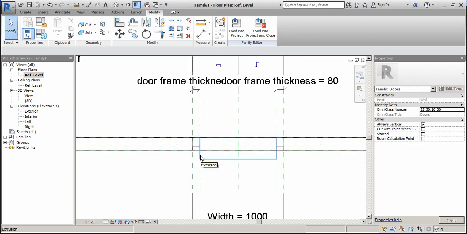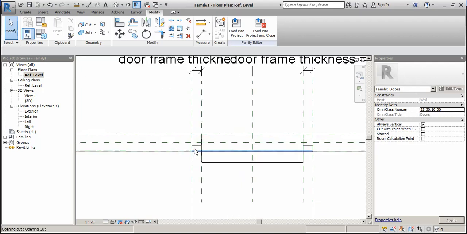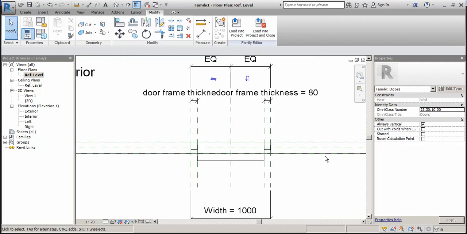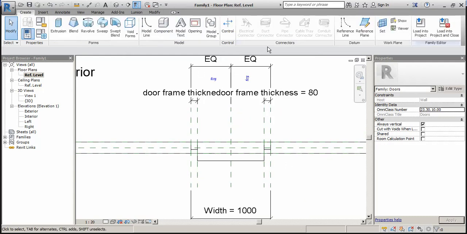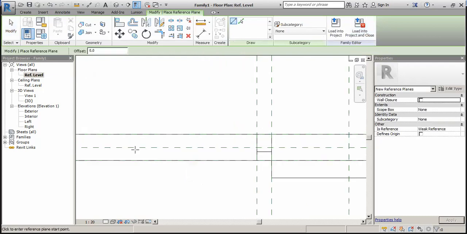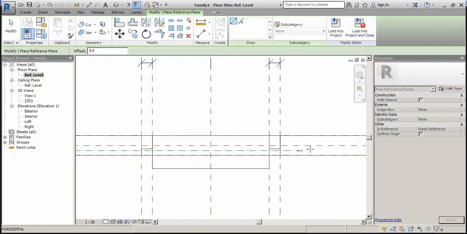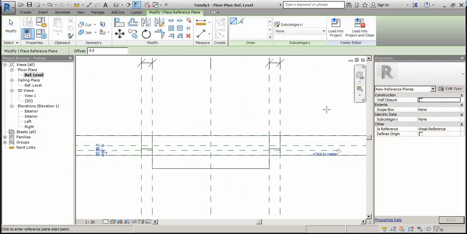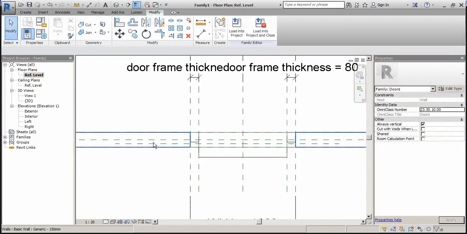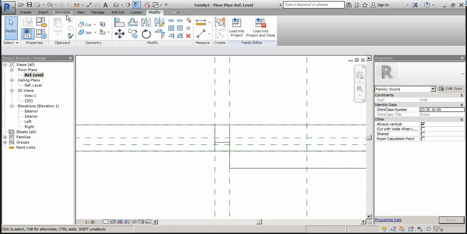So again, we will create a parameter. So go in create and again in data, select reference plane and create a reference plane. So I created one reference plane, and again